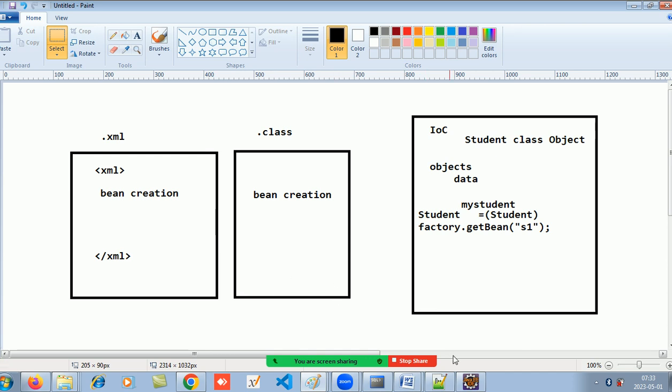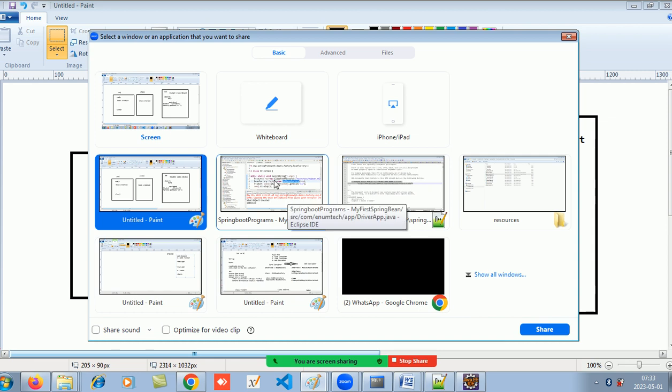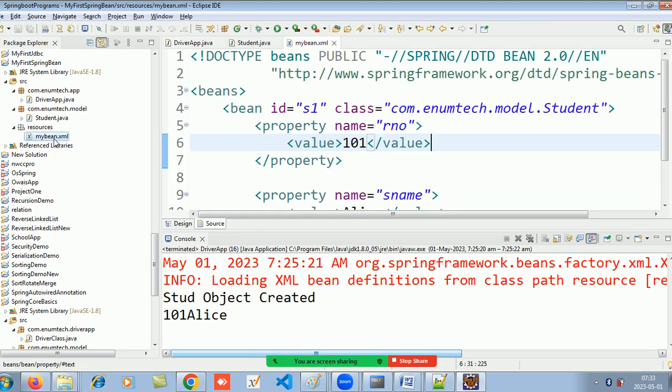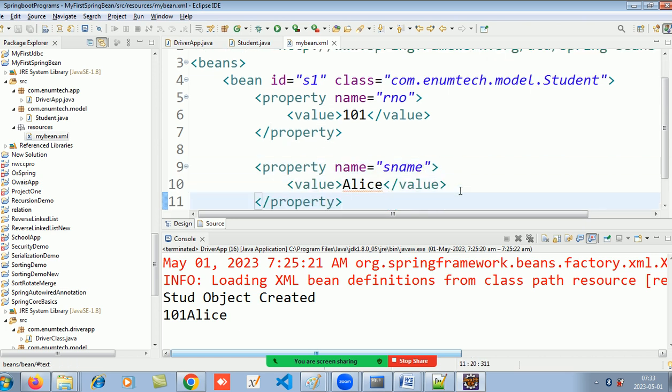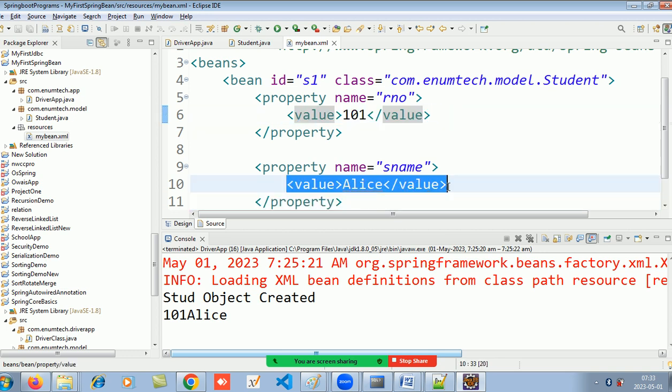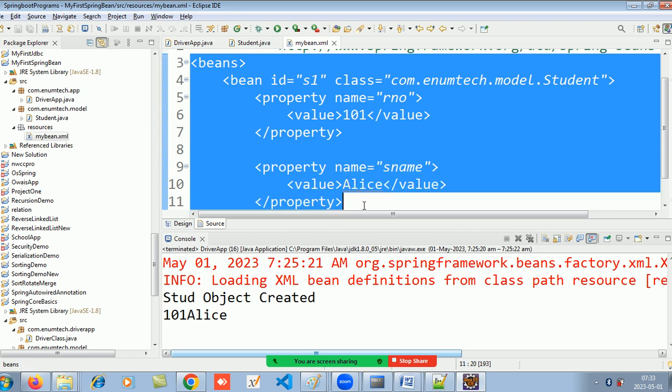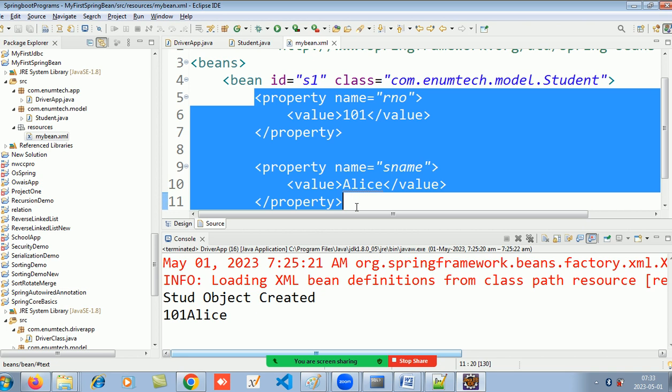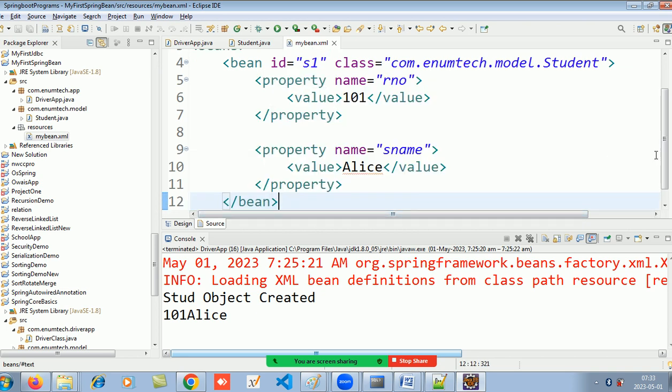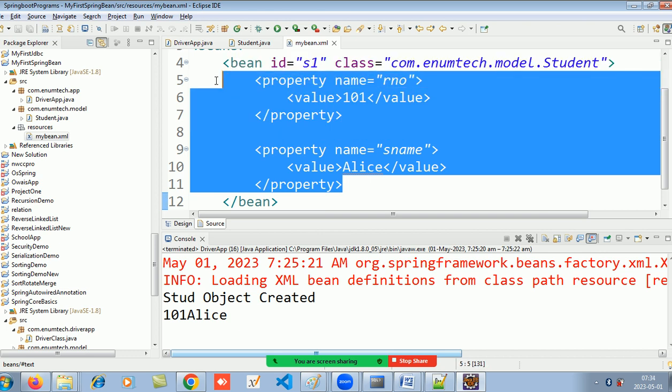और सर मुझे ये भी पूछना था, फॉर एग्जांपल आपने प्रॉपर्टी टैग के अंदर नेम इक्वल टू रोल नंबर लिखा था और वैल्यू इक्वल टू, ये सेम चाहिए, क्लास की जो प्रॉपर्टी है उसका नाम सेम चाहिए। तो सर मुझे ये पूछना था, हम लोग तो वैल्यू खुद से दे देते हैं, नेम भी खुद से दे देते हैं, रोल नंबर भी खुद से दे देते हैं, लेकिन अगर हम स्टैटिक वैल्यू पास कर रहे हैं, तो ये डायनेमिक, ये हम लोग क्या कर रहे हैं? एक बीन बना के IOC कंटेनर के अंदर रख दे रहे हैं कि भाई जब भी वो स्टूडेंट क्लास का ऑब्जेक्ट मांगे तो ये उठा के दे देना उसको। तो ये अपने IOC कंटेनर के अंदर एक इस क्लास का बीन लाके रख दिए। हाँ हाँ।